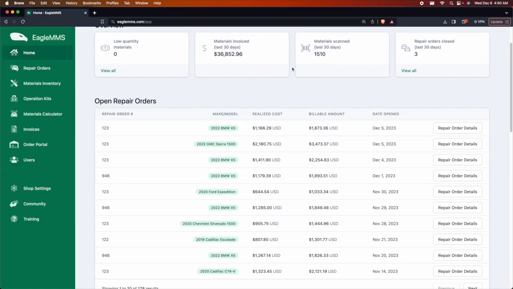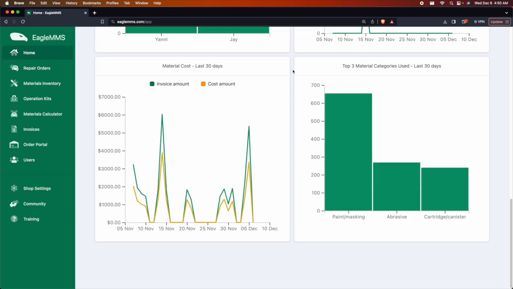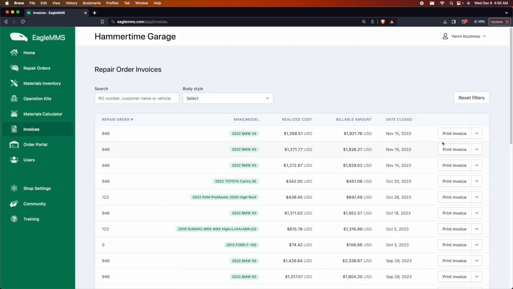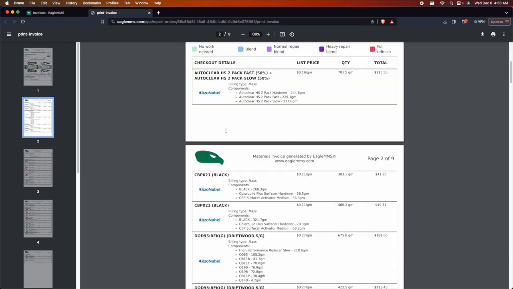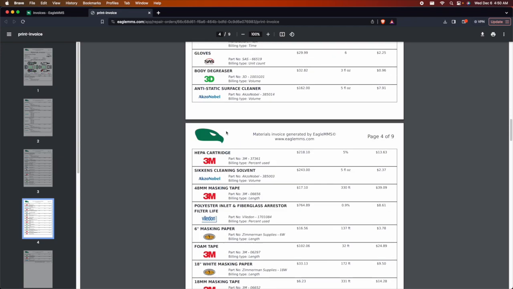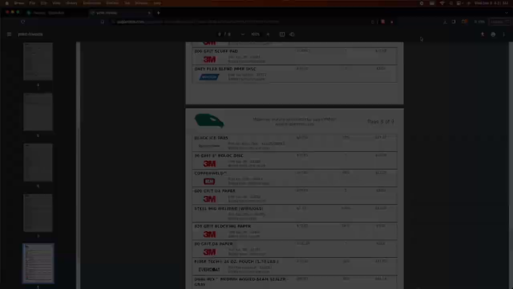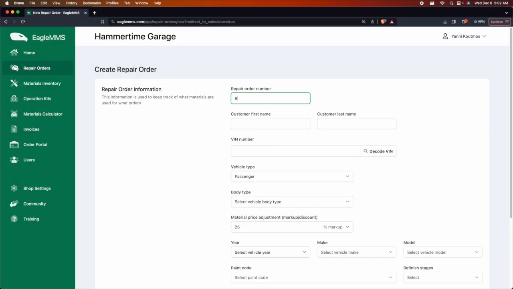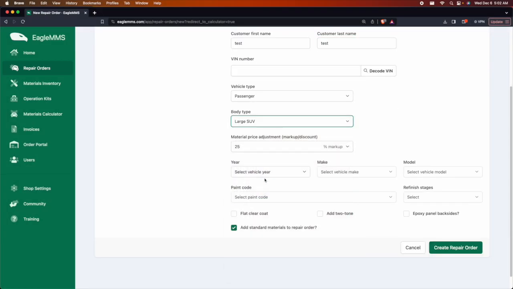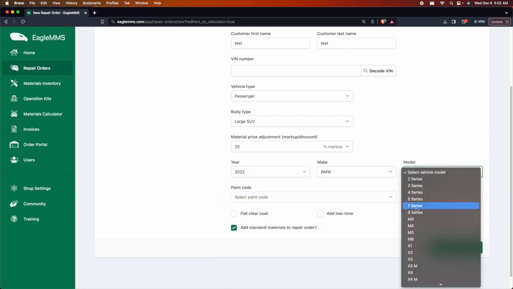EagleMMS is a web-based, comprehensive, itemized invoicing program that allows you to bill any part number by any manufacturer without the need for text scanning, cabinets, or slowed down workflows. Invoice generation is fast and simple using our calculator, which gives you access to all your part numbers and mappings all in one place. Simply create an RO or import from your estimating platform via EMS, open the calculator, and